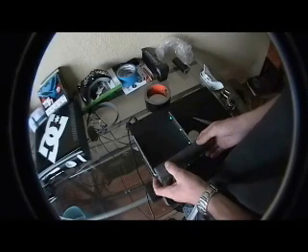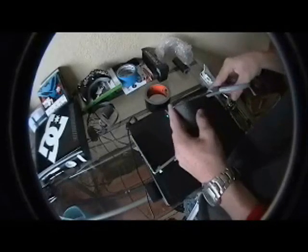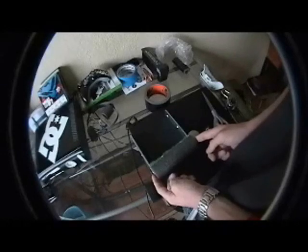So you want to just cut off a little piece so it's easier to work with. Then measure from there, and find over here where you want to cut it, and then pinch it there. So as you see, it's kind of good. Then you want to just take your scissors and cut it off. If you want to get all nice and neat about it, just chop off any little pieces. And as you see, it fits on there, and it's going to be the same size. And you just take this